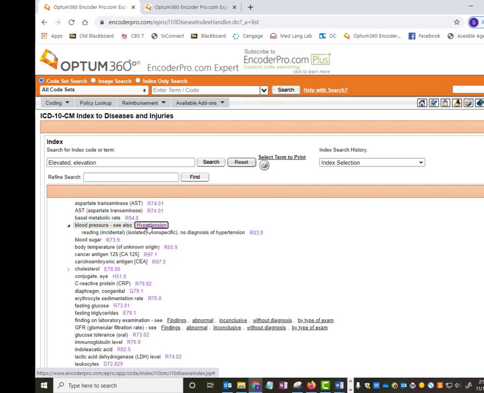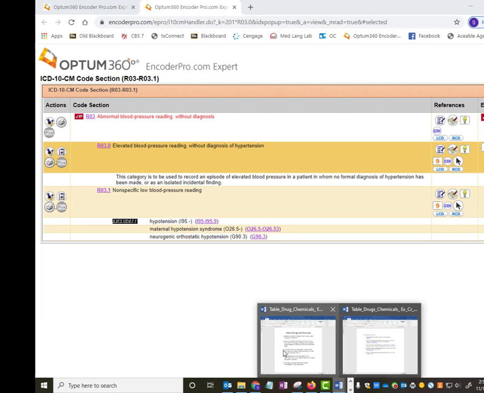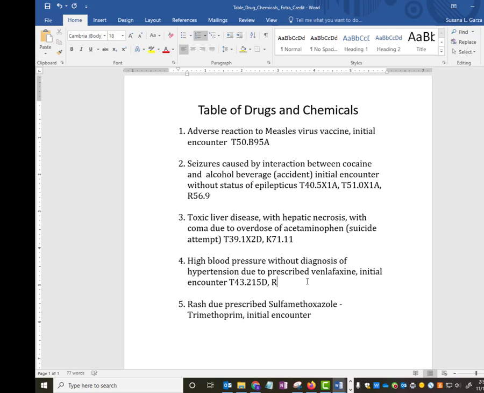It was just an elevated high blood pressure that was the result of a medication that we took. So they had a reading and no diagnosis of hypertension. So we're going to click on that and see what we get. So abnormal, so this is saying we need a 4th character, and this is saying elevated blood pressure reading without diagnosis of hypertension. So this looks like it's going to be our code. So for the second one it is